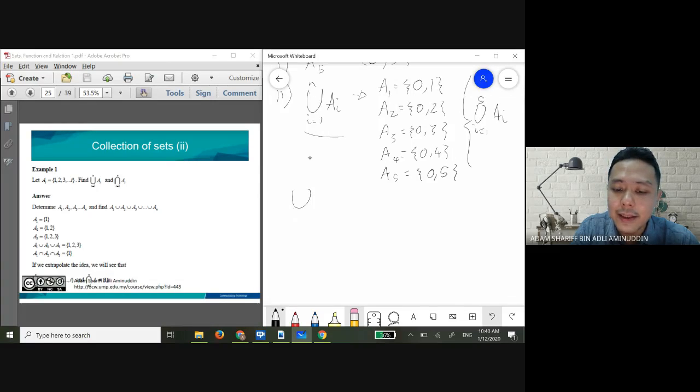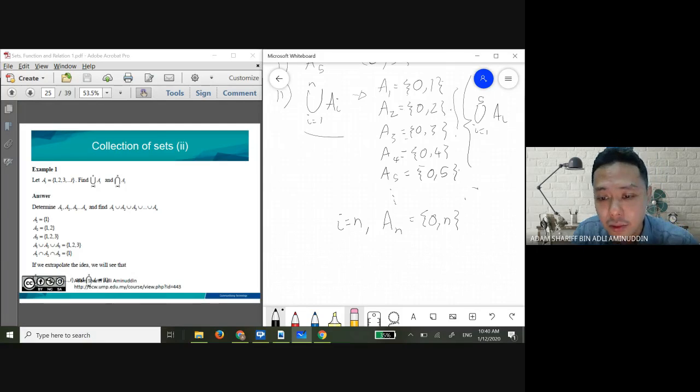Imagine benda ni daripada A1 sampai AN. I equals to N. This is when I equals to N. What will be your AN? Will be 0, N. Okay, when you already see this pattern, 01, 02, 03, 04, 05, bila saya union dia jadi 0, 1, 2, 3, 4, 5. Kalau jadi I equals to N, dia akan jadi